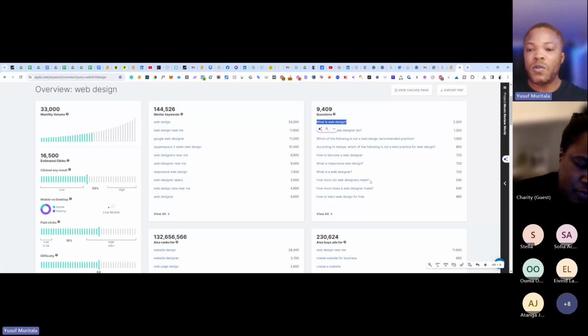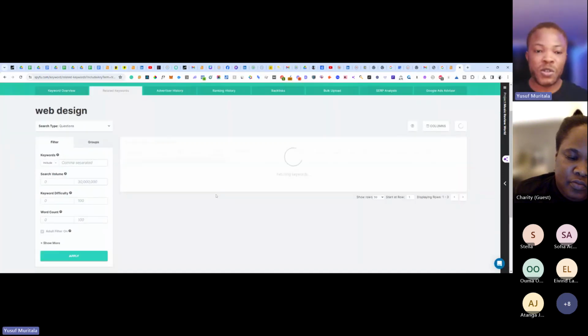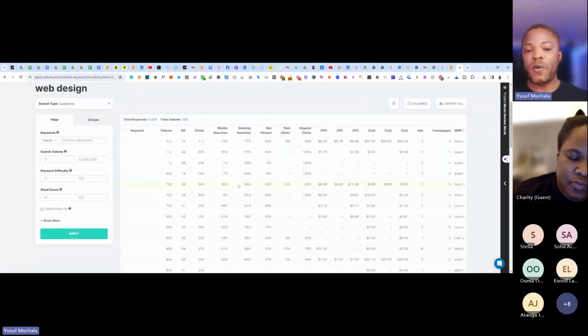So this will give you enough data. You can see how to become a web designer. It's giving you a lot of information on what people are searching for.